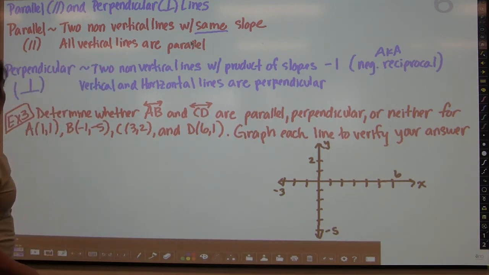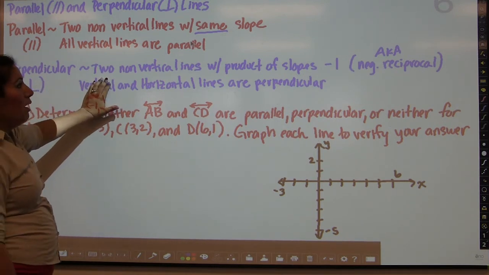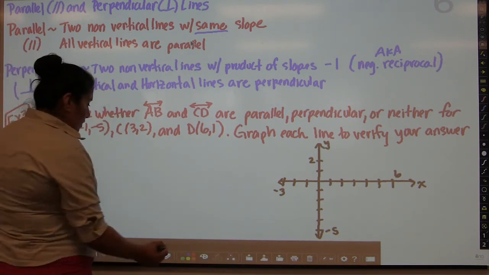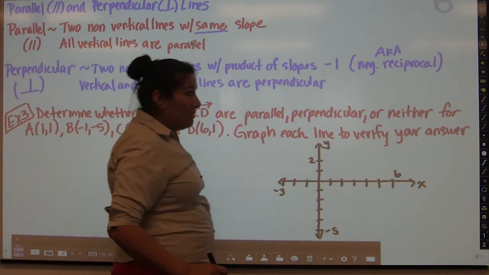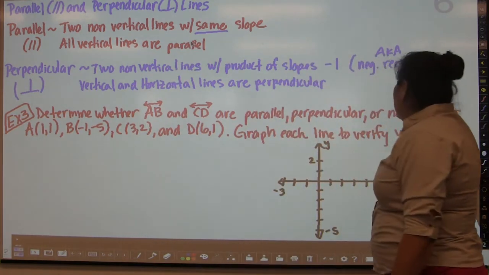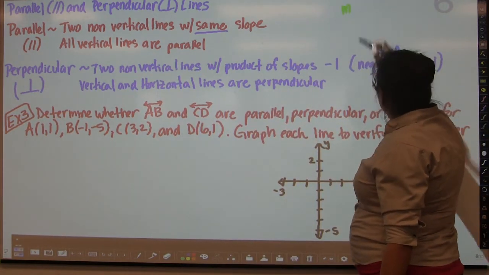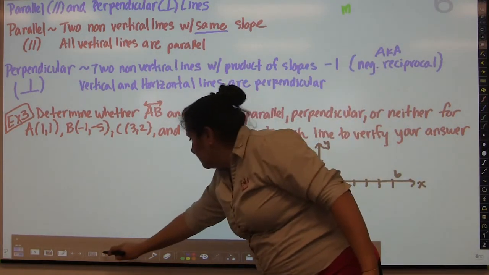So that's parallel. And perpendicular is two non-vertical lines with a product of slopes that is -1. Now, some of you might be used to saying negative reciprocal. That's why I put over here, also known as, negative reciprocal. In other words, if one line has a slope,